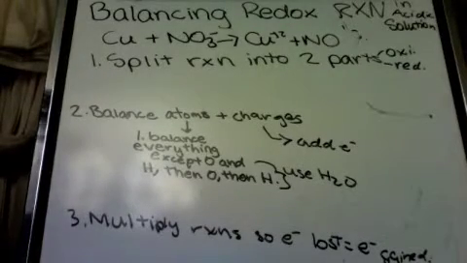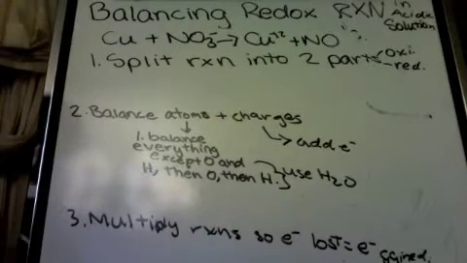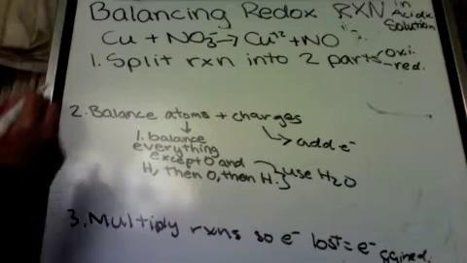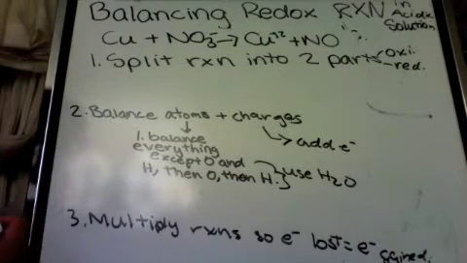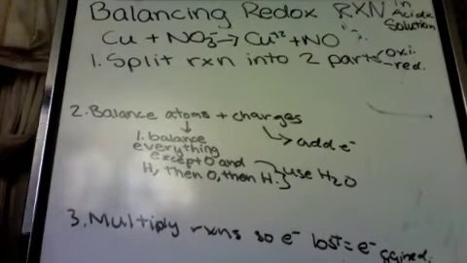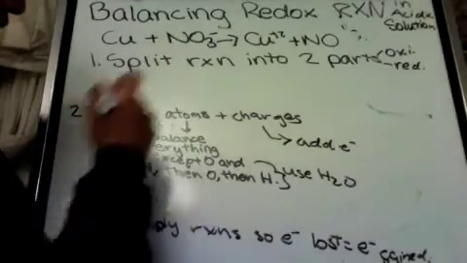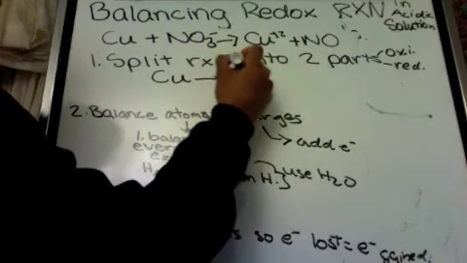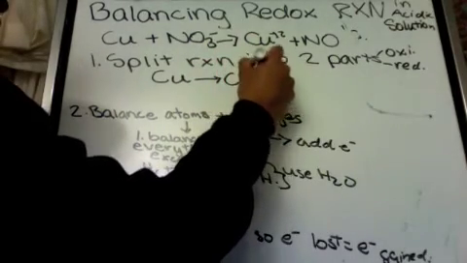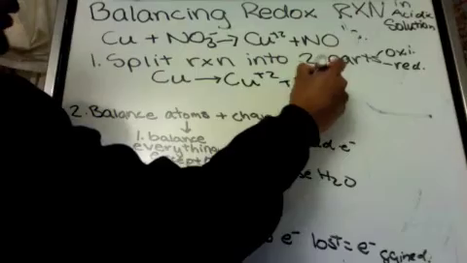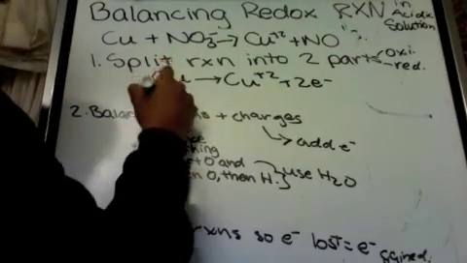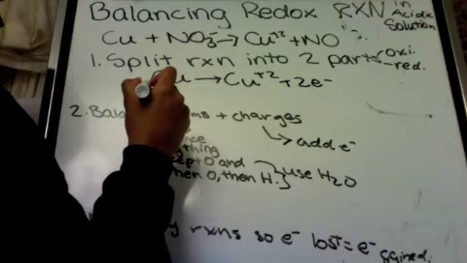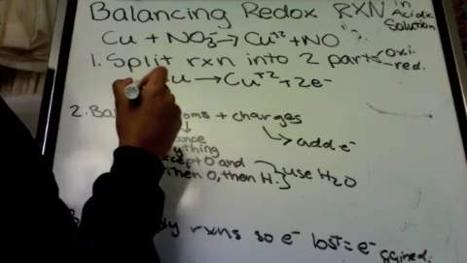Okay, so the ultimate goal in learning about the oxidation number was so that we could balance redox reactions. And this one I'm going to do in acidic solutions. So the first step is you split the reaction into 2 parts, oxidation and reduction. So the first part you'll do Cu to Cu plus 2 plus 2 electrons, and then NO, well, N basically, to